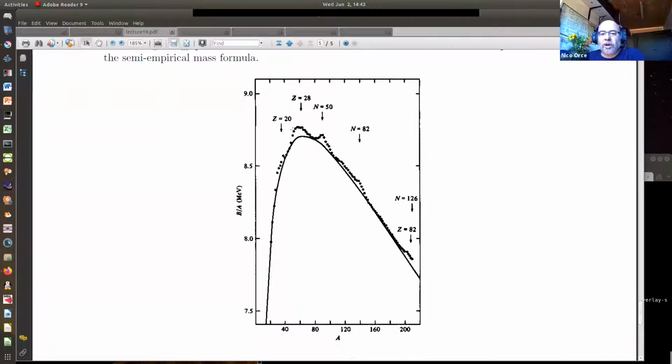It was an old plot. Maybe now we're getting better, but you can see these data points which deviate from the semi-empirical mass formula for the simple reason that here we have more stability, because here we have a shell structure, those magic numbers that we have discussed this week. These magic numbers add more stability to the nucleus, which is not considered in this simple